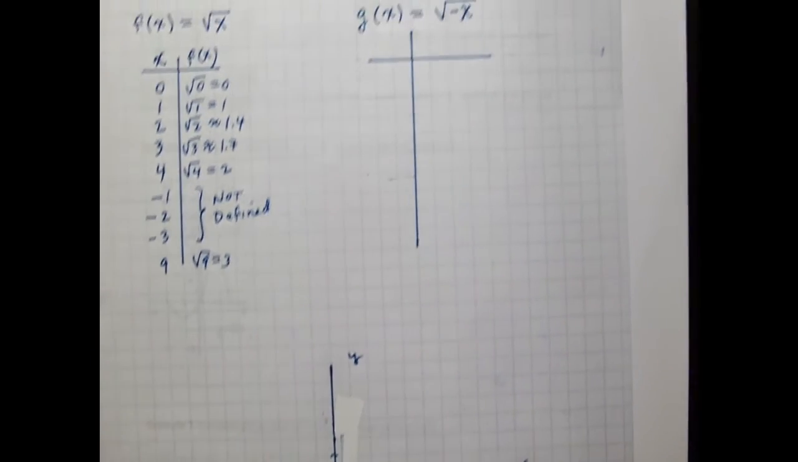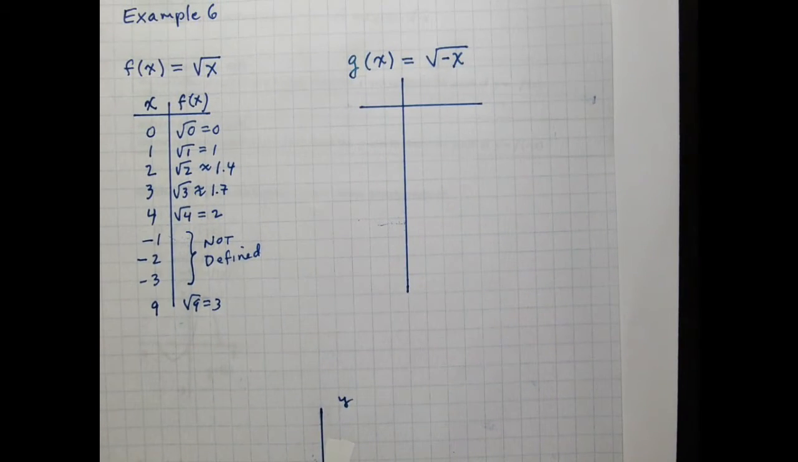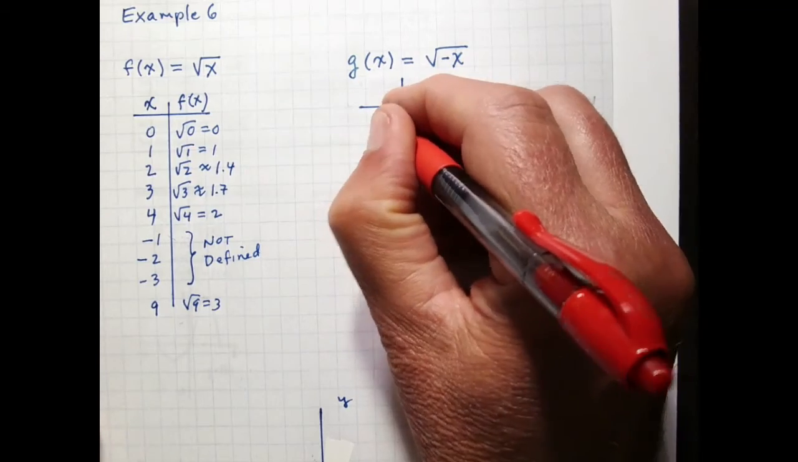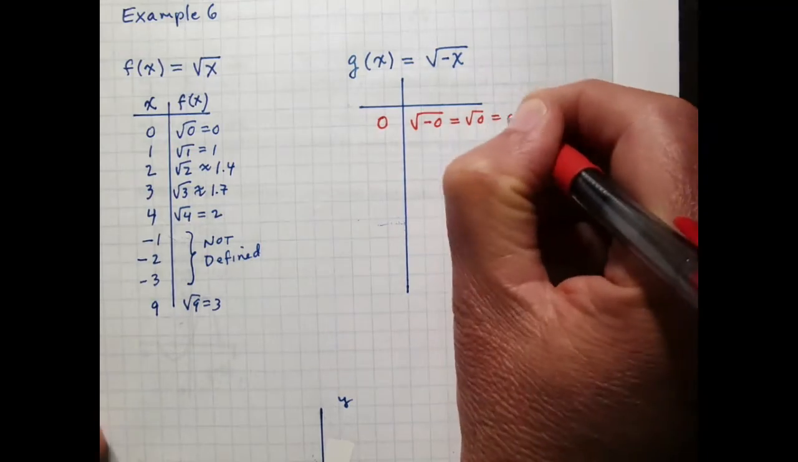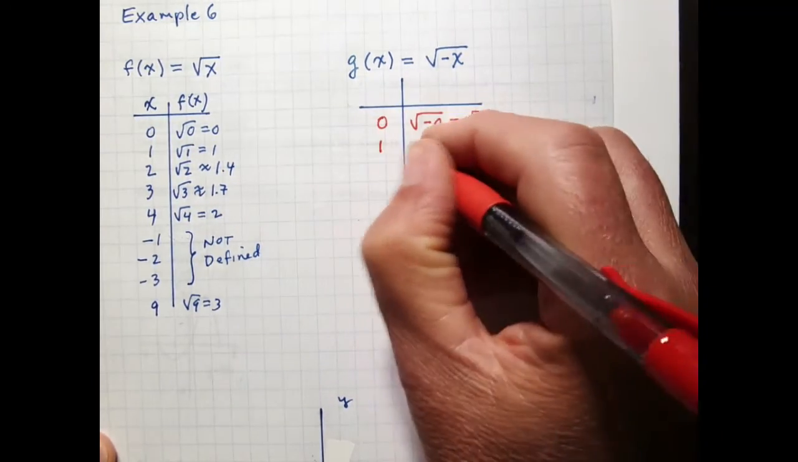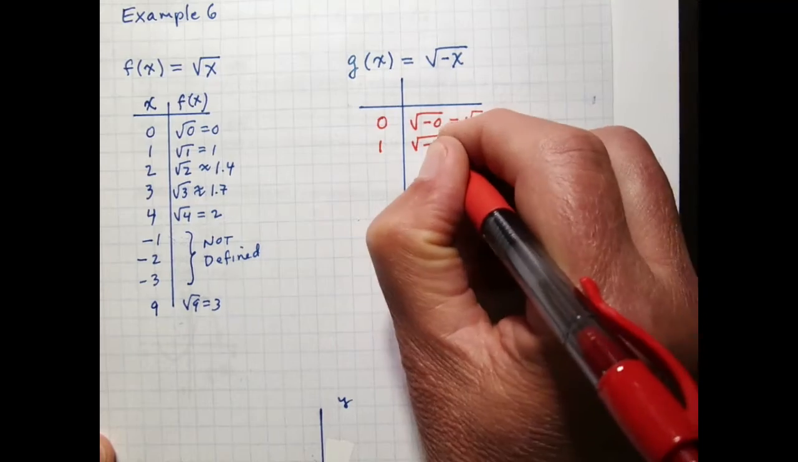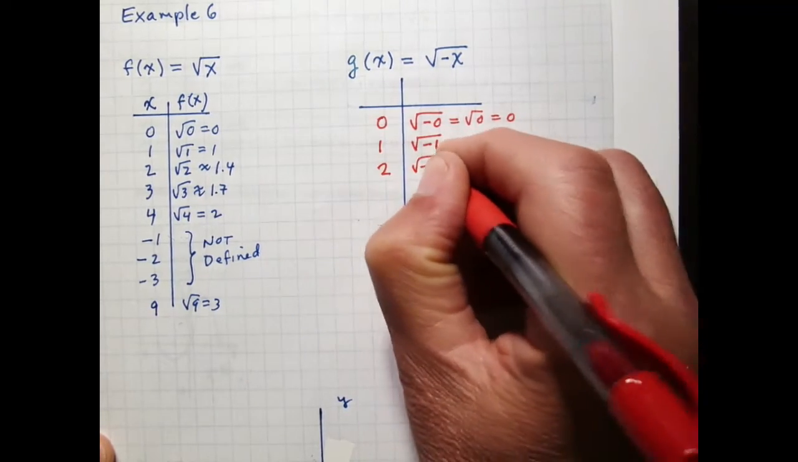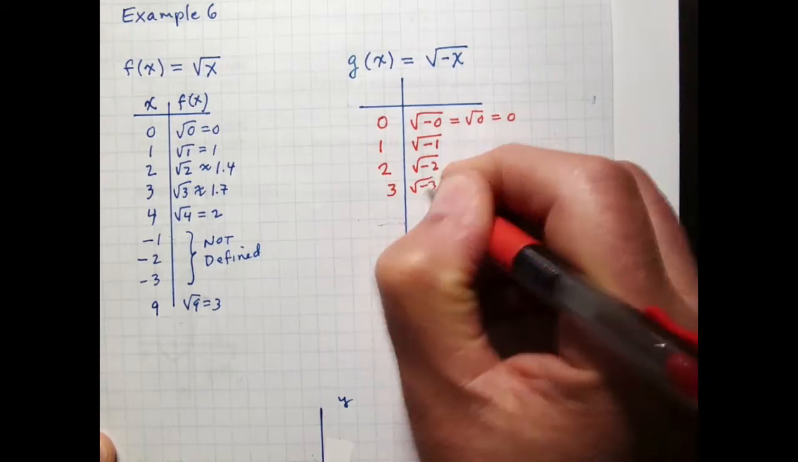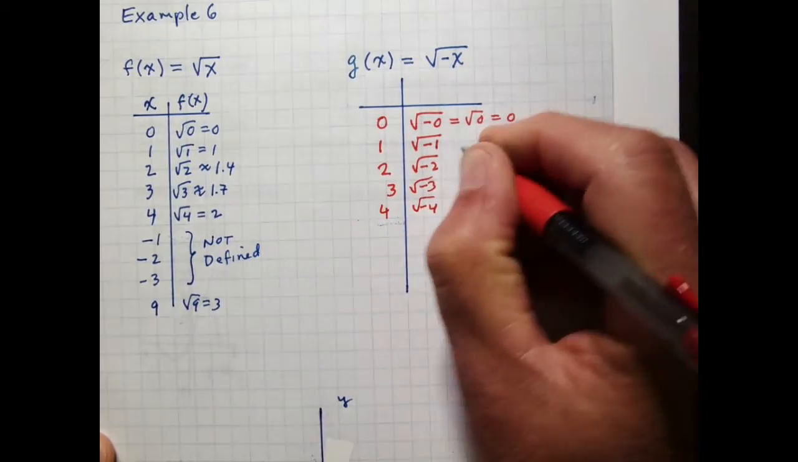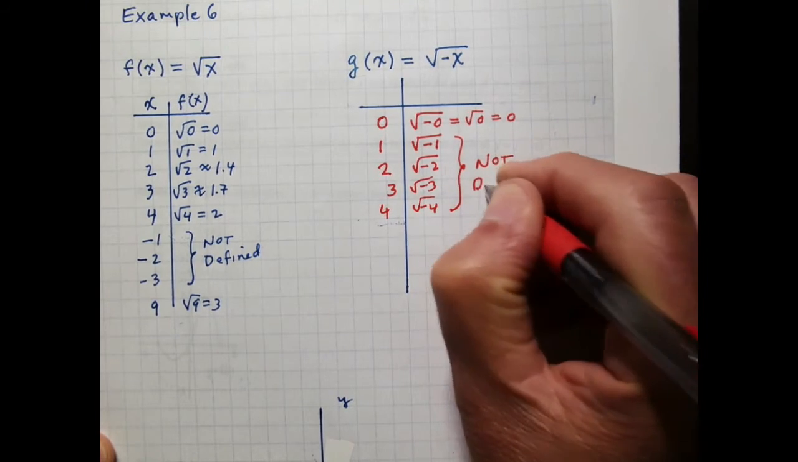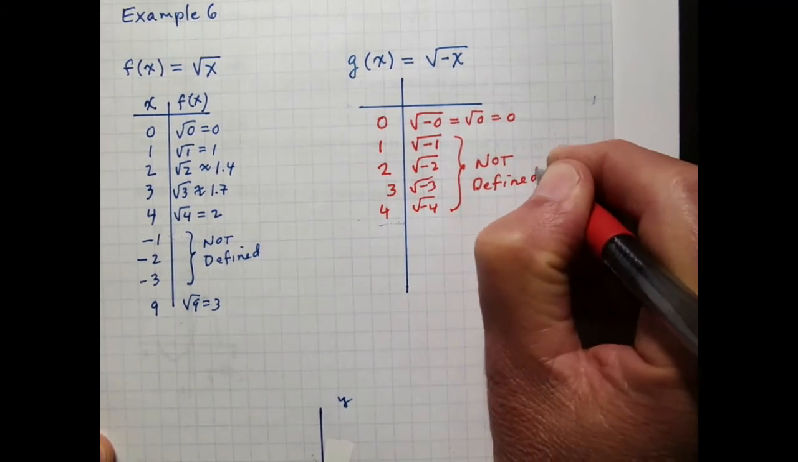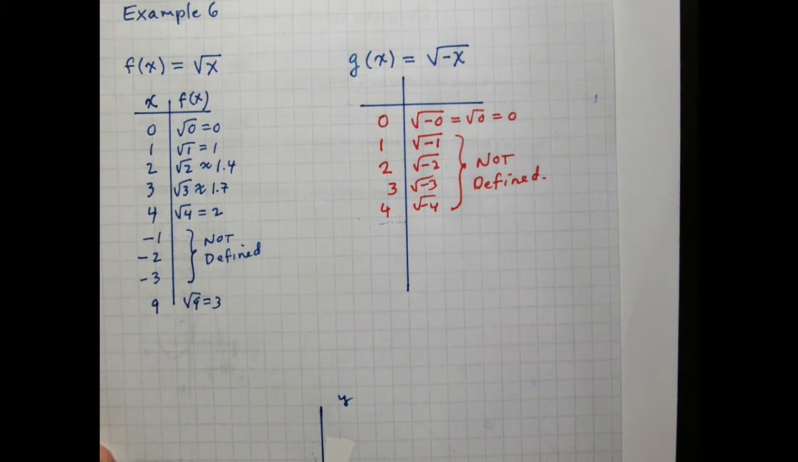Okay, now let's do some calculations with our g function. With 0, if I take the square root of minus 0, that's the square root of 0, which is 0. So we got 0, 0 on our graph. If I want to plug in 1, I got to take the square root of negative 1, or 2, square root of negative 2, 3, square root of negative 3, 4, square root of negative 4. Okay, stop. So this function is not defined when I try to plug in positive values of x,